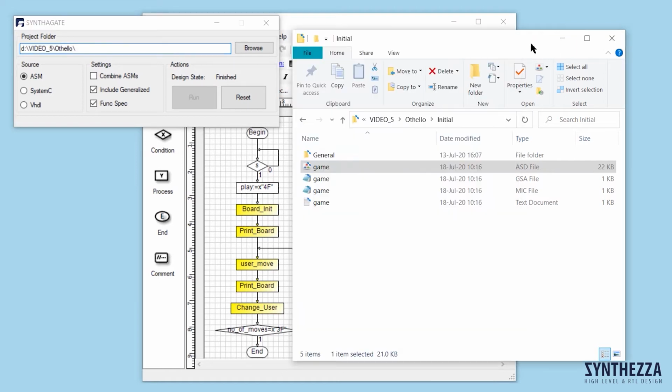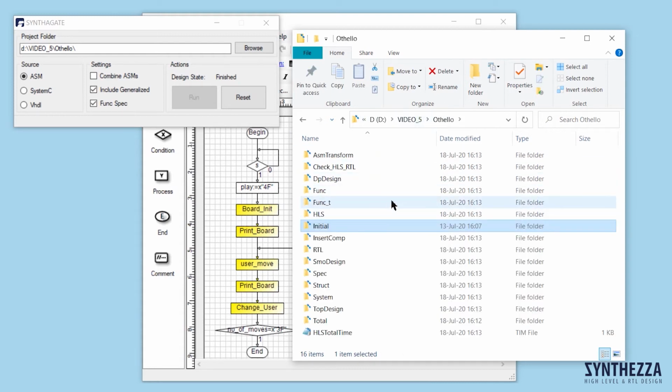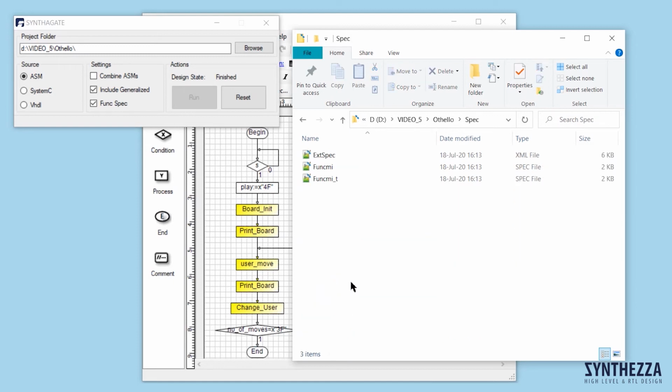As a result, we have 14 new folders in the working folder. Each folder contains one or several stages of the design together with complete documentation for these stages. First, the special Syntagate program automatically creates a folder spec, with an XML code of the functional specification, file funcmi spec, in this folder.